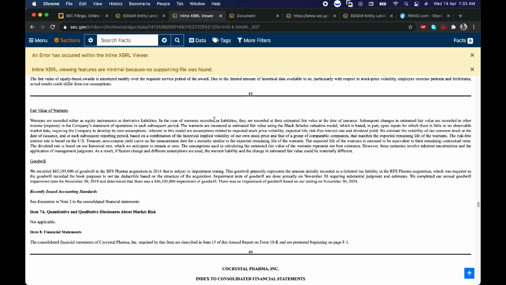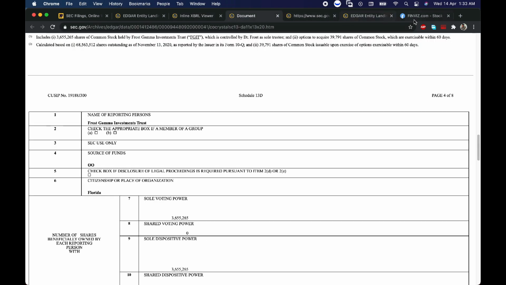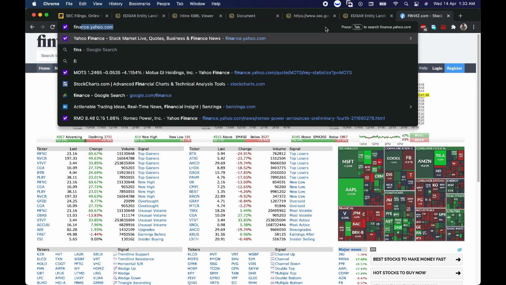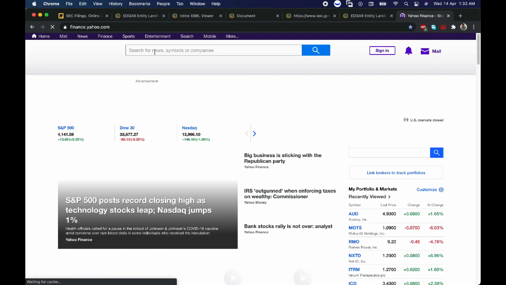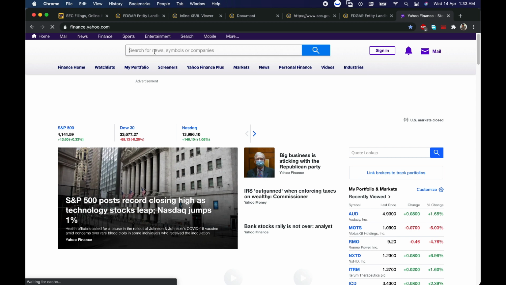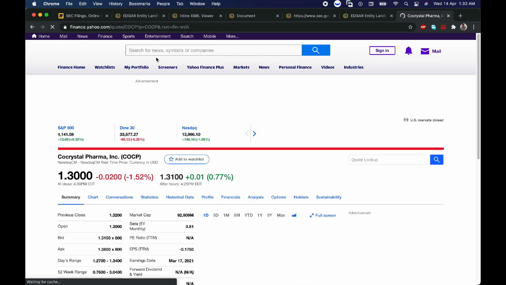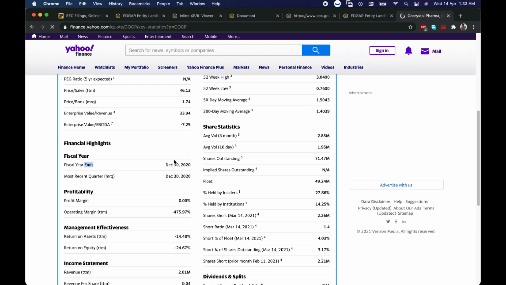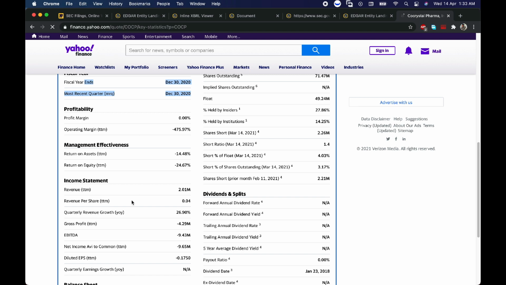I used to just go to yahoofinance.com, and there I go to the earnings section and I look for the statistics. That gives me the gist of how the company is doing. If you can see, fiscal year ends and everything is listed very structurally.